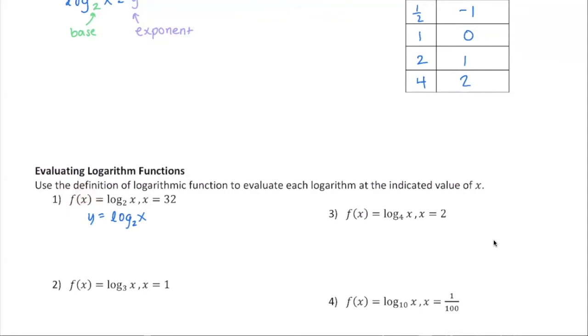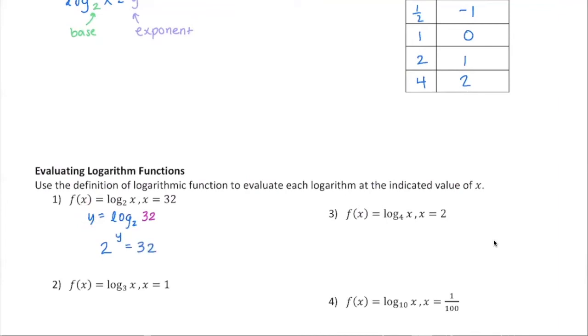So we're evaluating 32. So I'm going to replace my x with 32. And I have log base 2 of 32. So I'm going to rewrite this logarithm expression as an exponent. When I'm writing it as an exponent, remember the bases are the same, so the base of my exponent would be 2. Remember the value that the logarithm expression equals is going to be my exponent, and the exponential function will equal